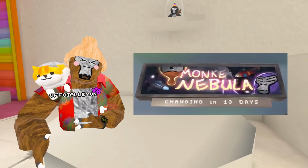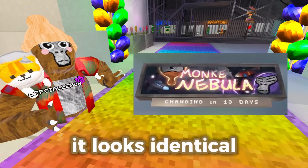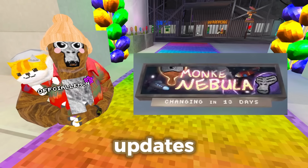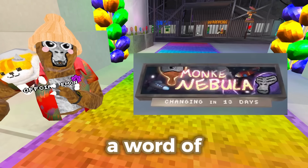If you put 2 and 2 together, you get what? You get a space update. So yeah, and speaking of the Monkey Nebula, of course it looks identical to every single banner we've been receiving lately in Gorilla Tag's new updates, because in case you guys don't know, when we used to get the banners for each update, it would just be like a quick little cute drawing of a word of what the